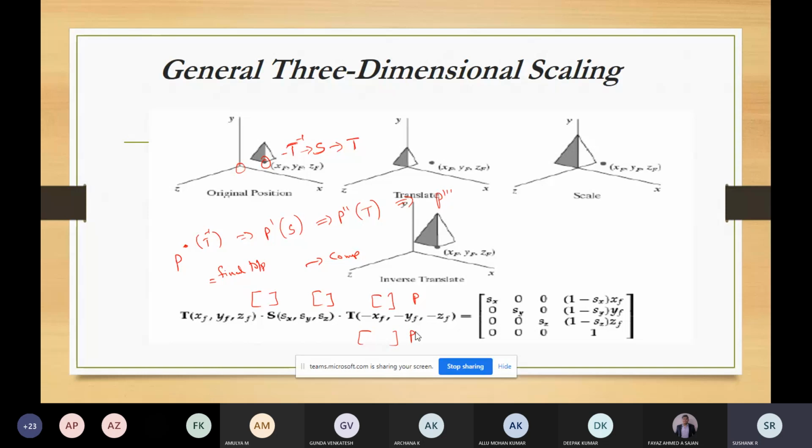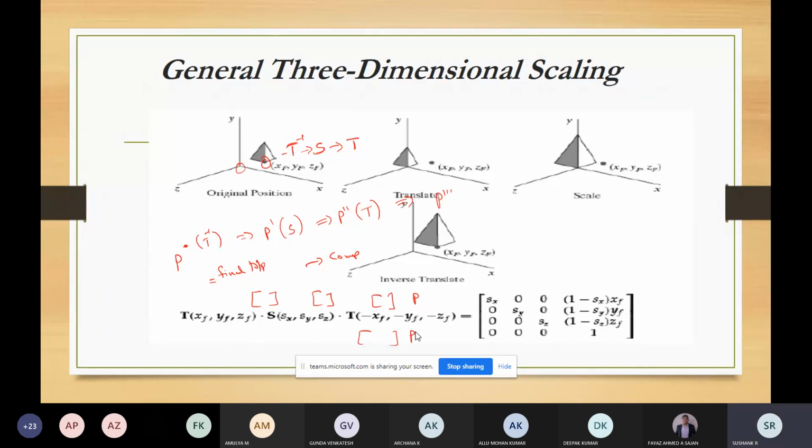So instead of multiplying a point P each time with translation, scaling, and again translation, what we will do is, these operations of translation, scaling, and the inverse translation will be multiplied first to form the composite transformation. After that, the combined matrix will perform the operation on that point. So this we will call composite 3D transformation. So we form a 3D transformation by multiplying the matrix representation for the individual operations that are there in the transformation sequence.